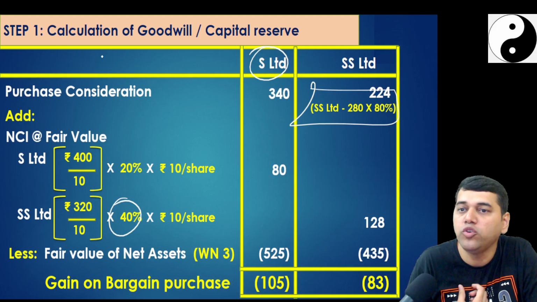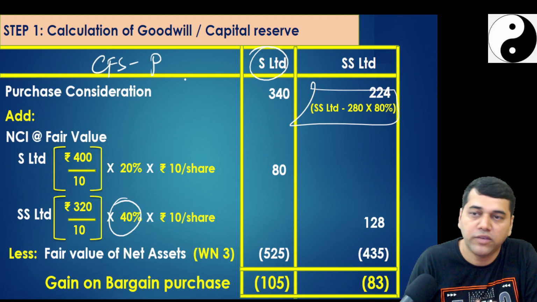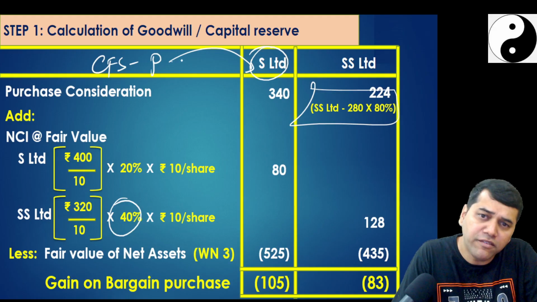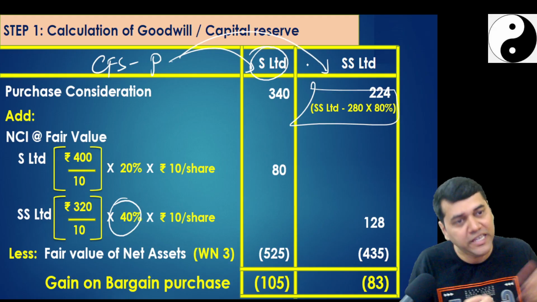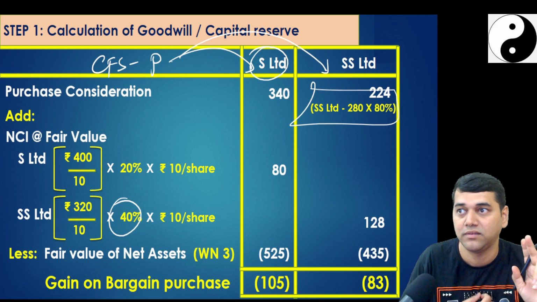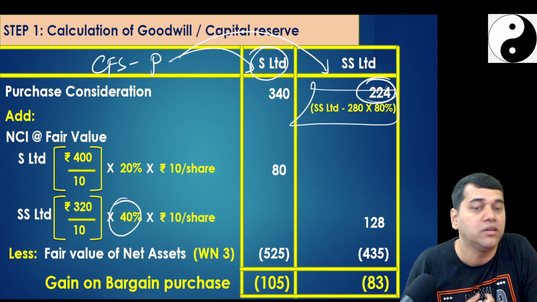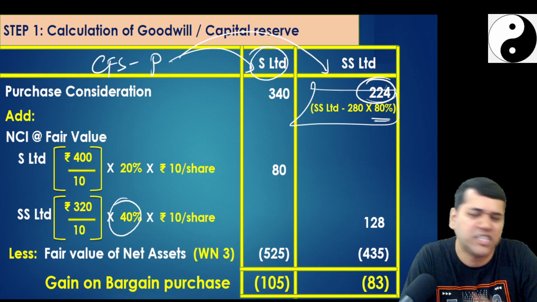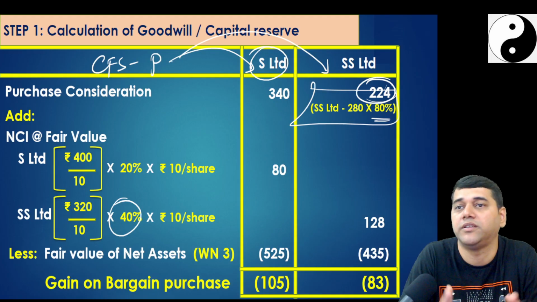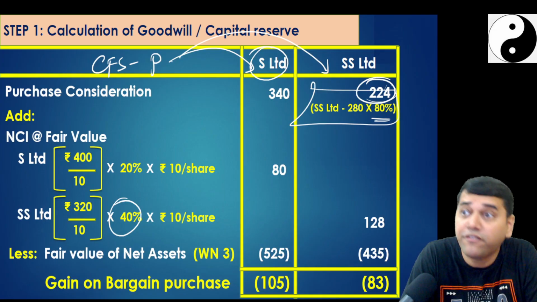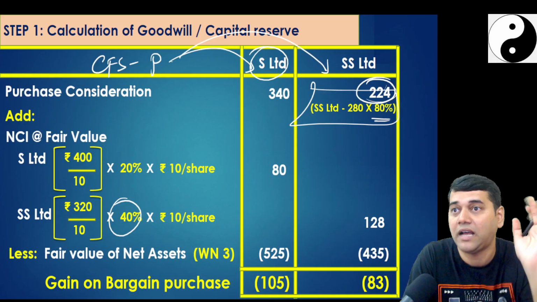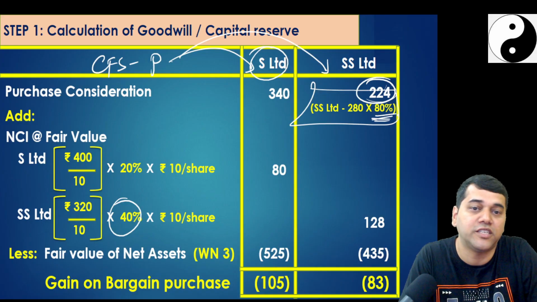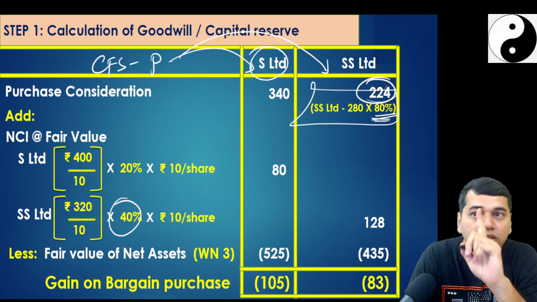That is parent share, because who is preparing CFS? Parent is preparing. So parent will treat S Limited like a normal subsidiary. Parent will treat SS also like a normal subsidiary only, as if he directly invested 60%. But when you talk about the investment done, this is one number which is taken at 80%, because you are not holding that. Everything else is just a normal subsidiary. 60-40 only, everywhere, entire problem 60-40, as if parent directly invested. Every problem, every place, except purchase consideration where you have to take this 80% of this. This is only one place.